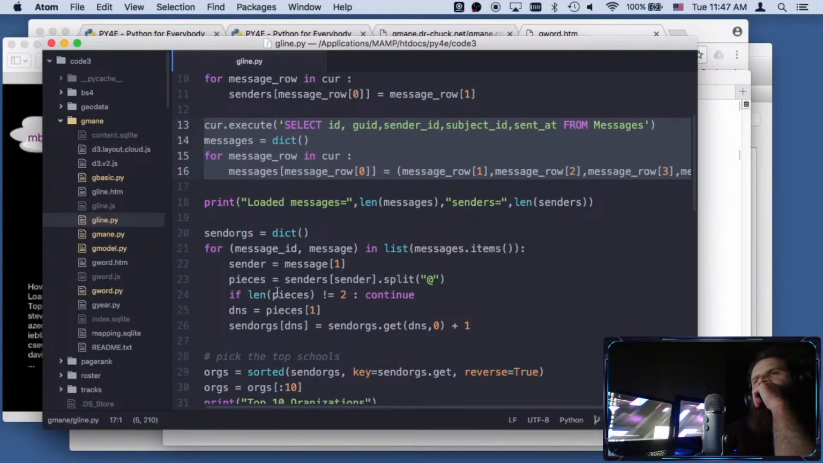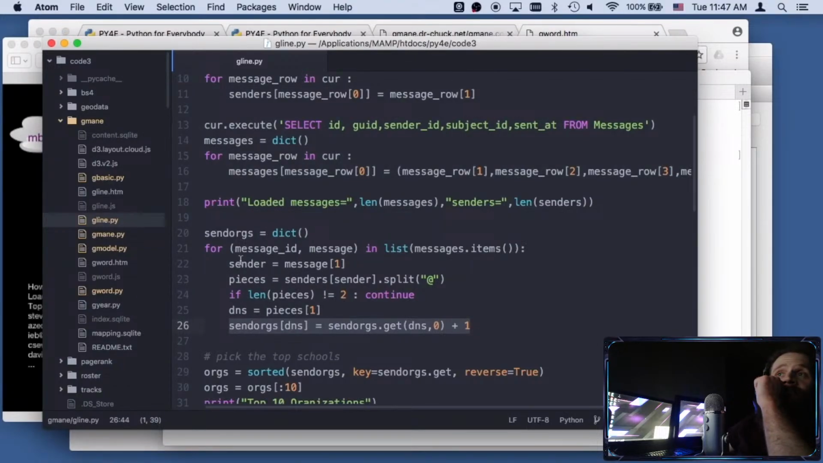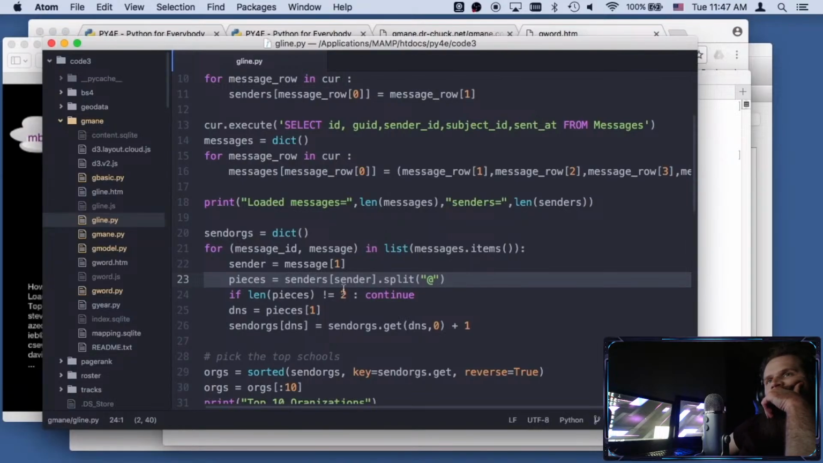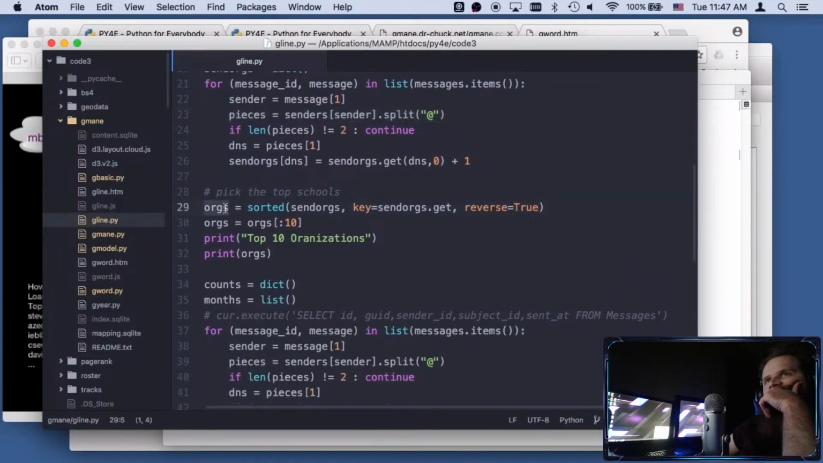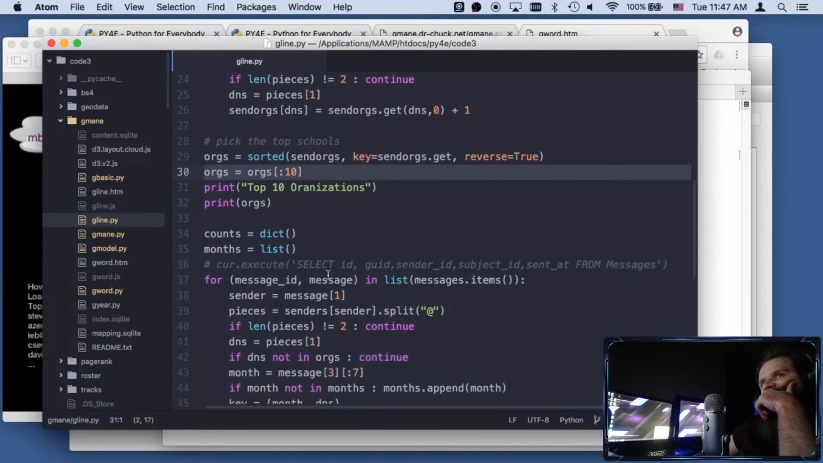And I'm going to split the senders, and I'm going to have the sending organizations, and then I'm going to do a simple dictionary as I accumulate the sending organizations by splitting the person's name on the @ sign. Based on the organization I accumulate it, and then I sort them, and I pull out the top 10 organizations, print those out, and now I'm going to